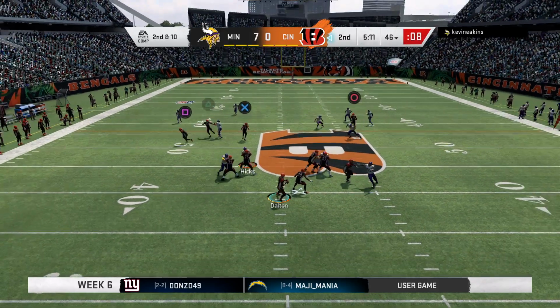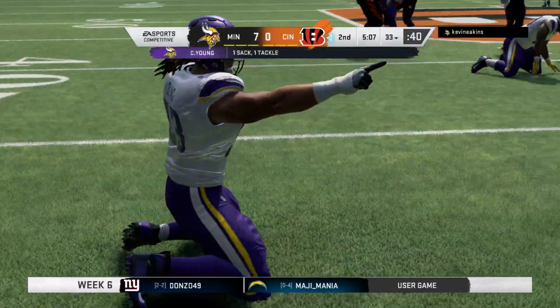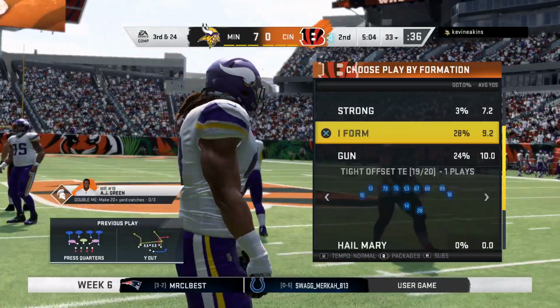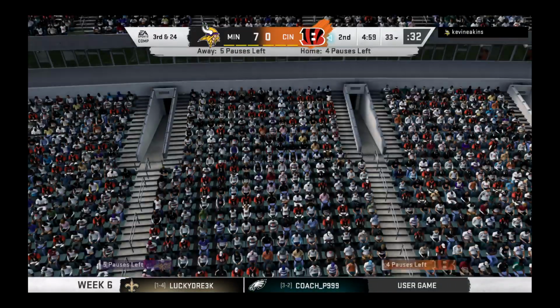Another look for Dalton on 2nd and 10. And a big loss here as he's taken down. Great job defensively. I think he was trying to go through his progressions, find someone to get rid of the football. Before he knew it, he was...